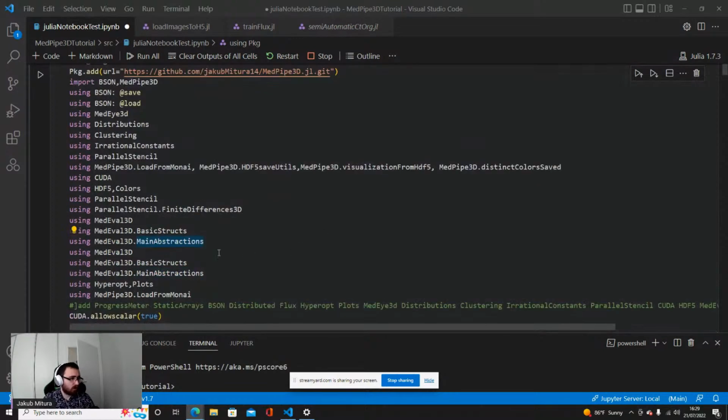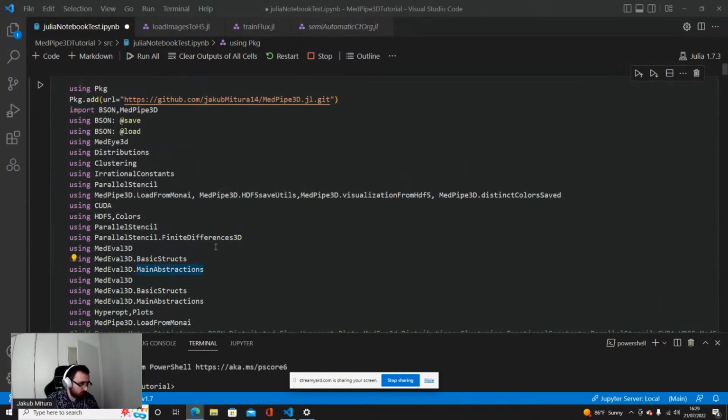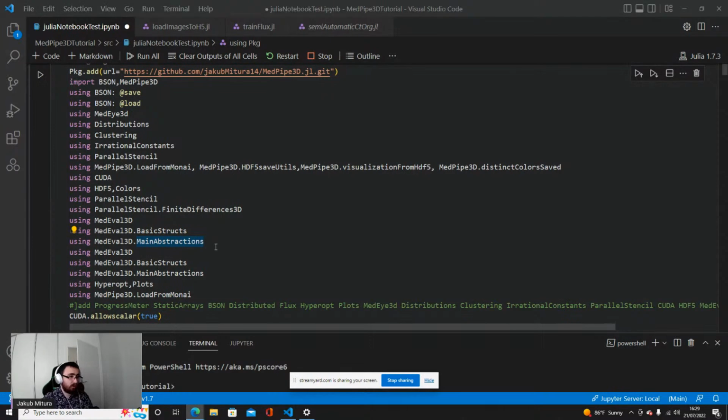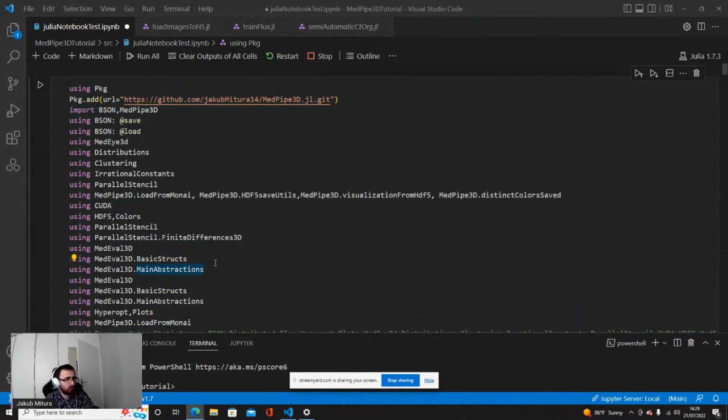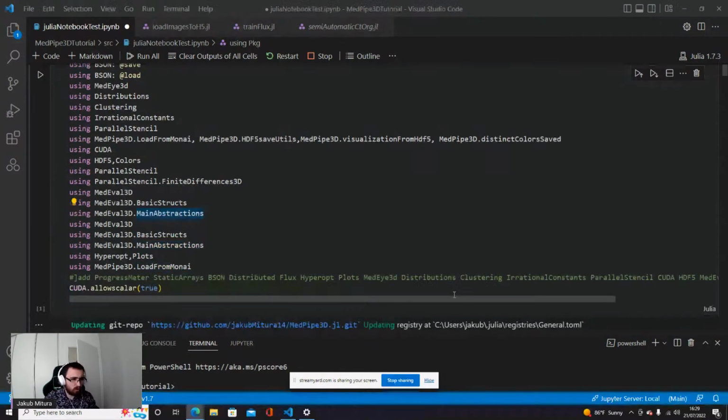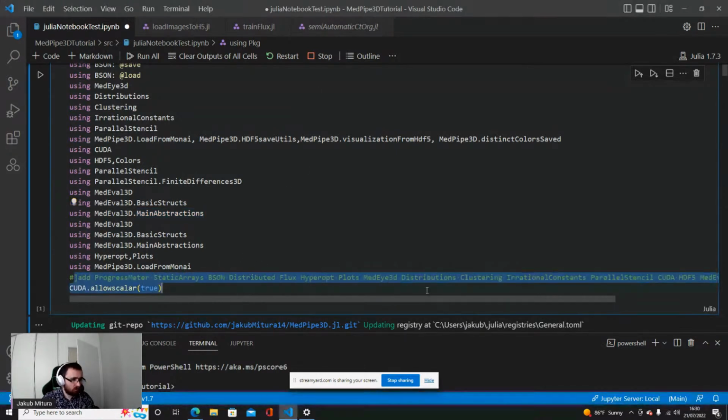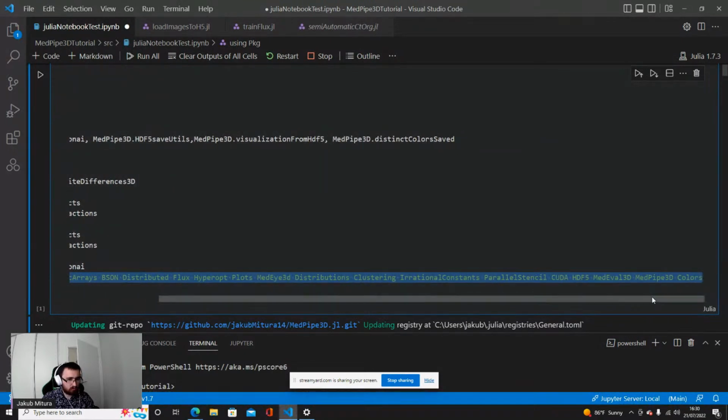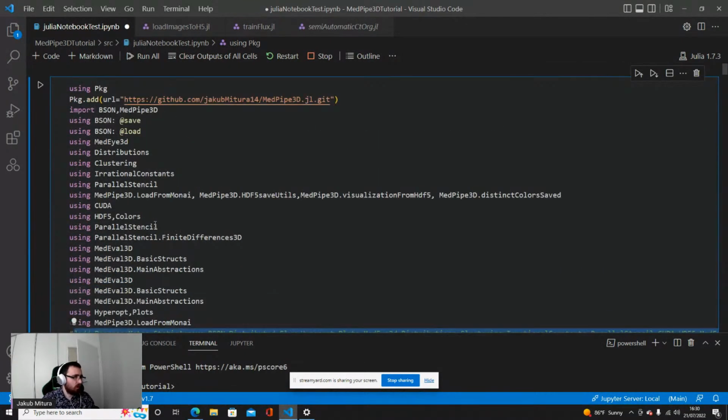Okay, so if you had read the description earlier, I asked you to download some data. Basically any data with CT scans and some labels would be good. And you also could load these libraries. We are using a lot of libraries, so this could take some time.